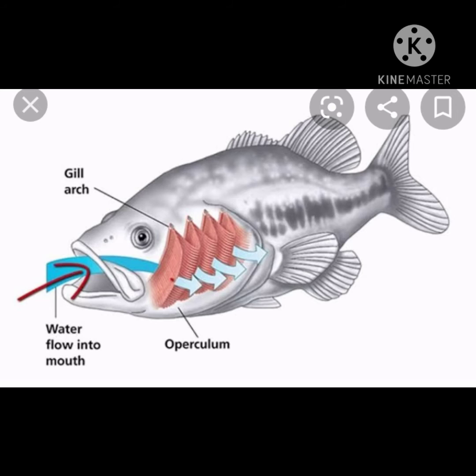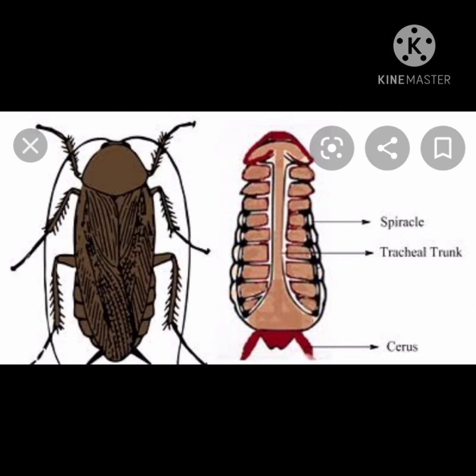The next part is breathing in other animals or organisms. Most animals have the same mechanism of breathing and the same structure of lungs as human beings, such as lizards, frogs, lions, cows, monkeys, bats, rats, etc. In all these cases, the mechanism of breathing is the same as that of human beings. But some exceptional cases are there. One example is the cockroach and all other kinds of insects: grasshopper, mosquito, housefly, etc.